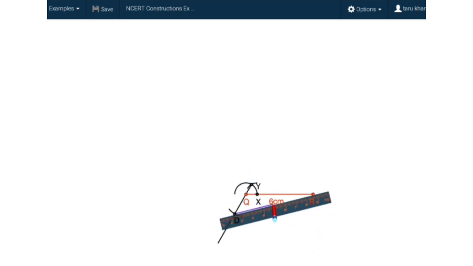and marked the point as D. The next step is to join line segment DR and then to draw a perpendicular bisector of DR. To draw the perpendicular bisector of a line segment, our measure in the compass should be more than half of the line segment. So two arcs are first drawn from D and R and their point of intersection is marked as S.